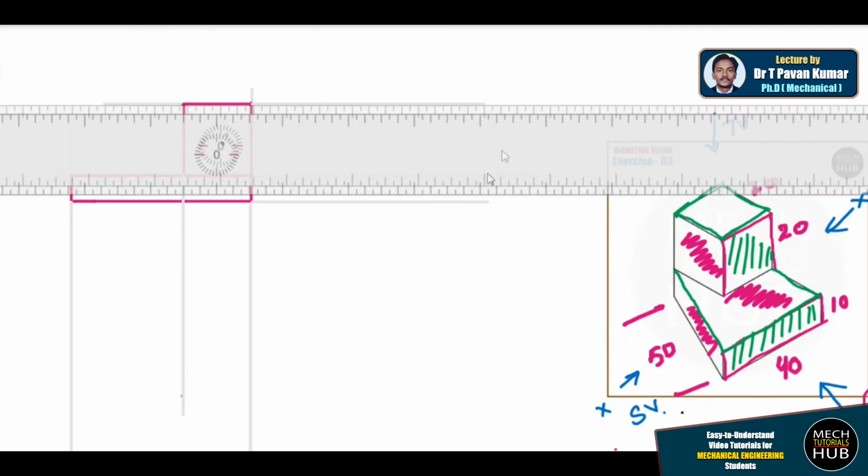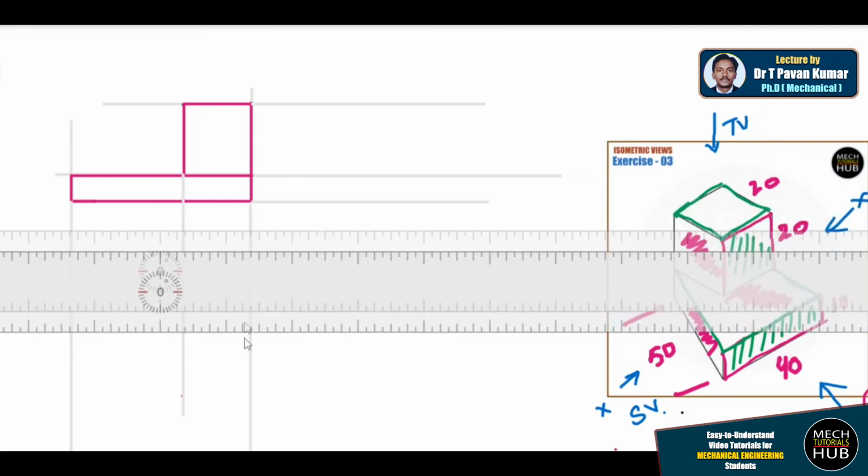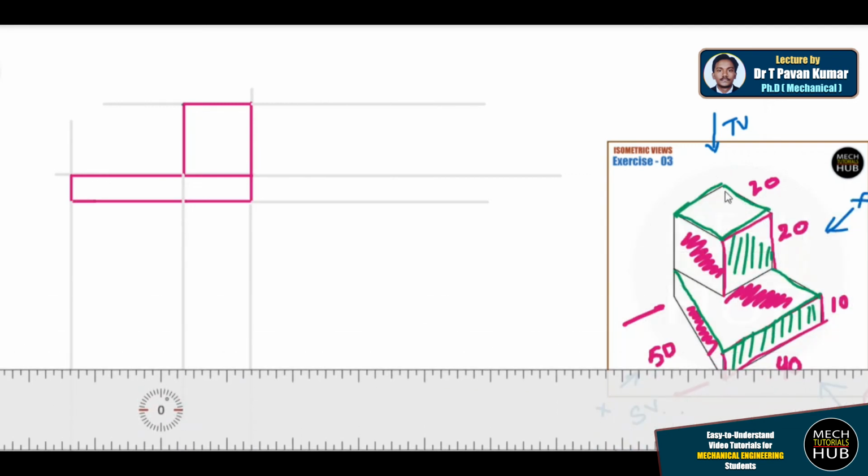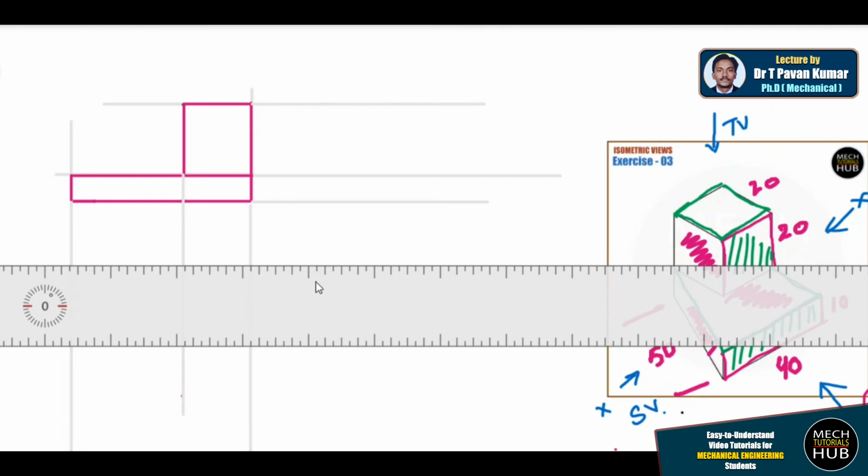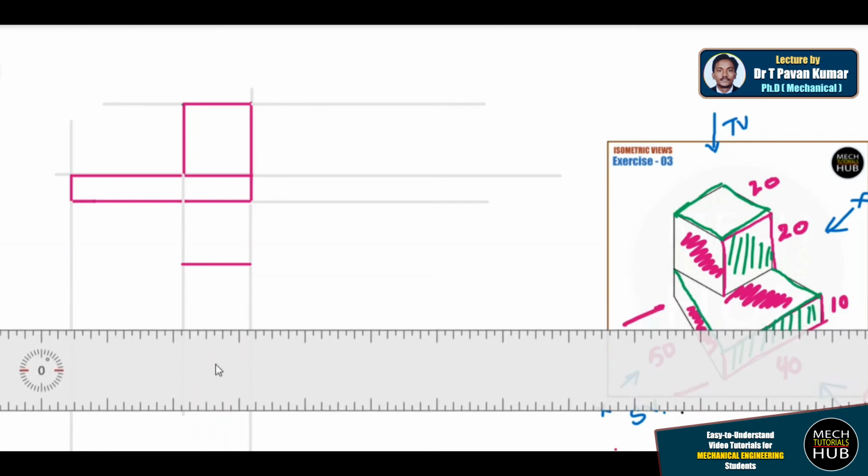But when I change the position to the top, what exactly is visible? When I change position to the top, a square of 20 by 20 is visible. Already this 20 width reference is here. So I can make 20 here, followed by this profile, so that at any offset distance you can start working on your top view. This line is visible completely from that intersection to this intersection, followed by a width of 20. Let me consider this as 20.